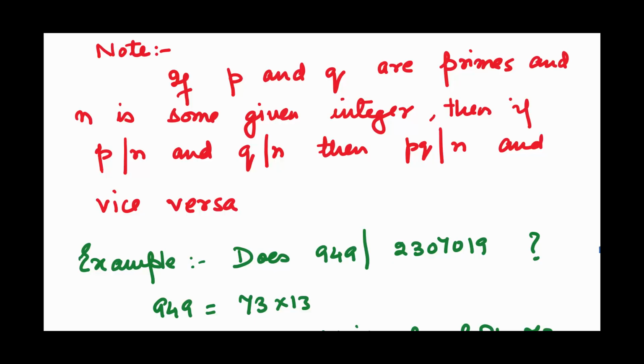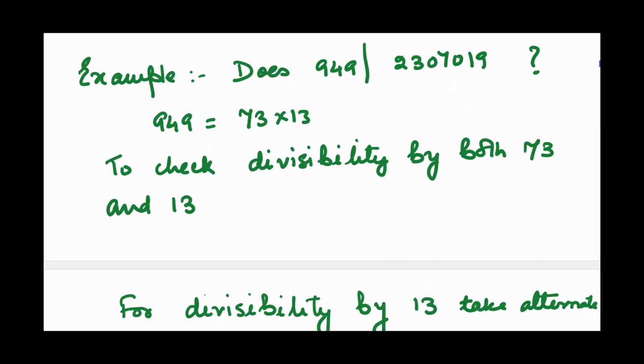Just note one thing. If P and Q are primes and N is some given integer, then if P divides N and Q divides N, then PQ, the product, also divides N and vice versa. What if you want to check the divisibility of 2307019 by 949? As 949 is nothing but 73 into 13, we have to check divisibility by both 73 and